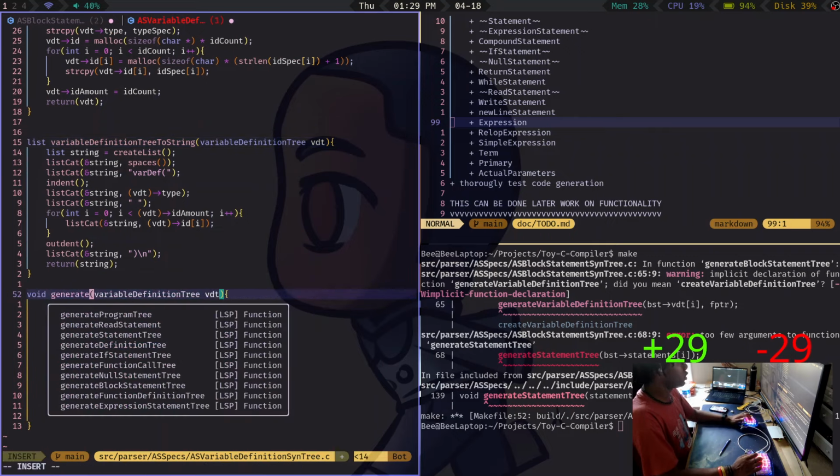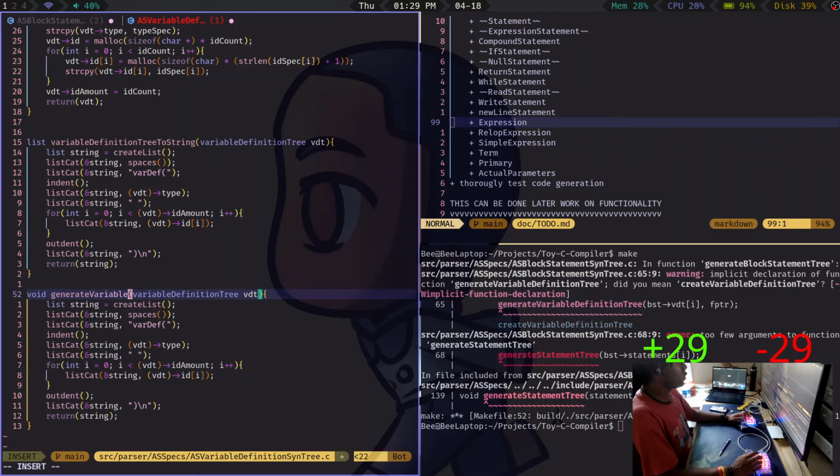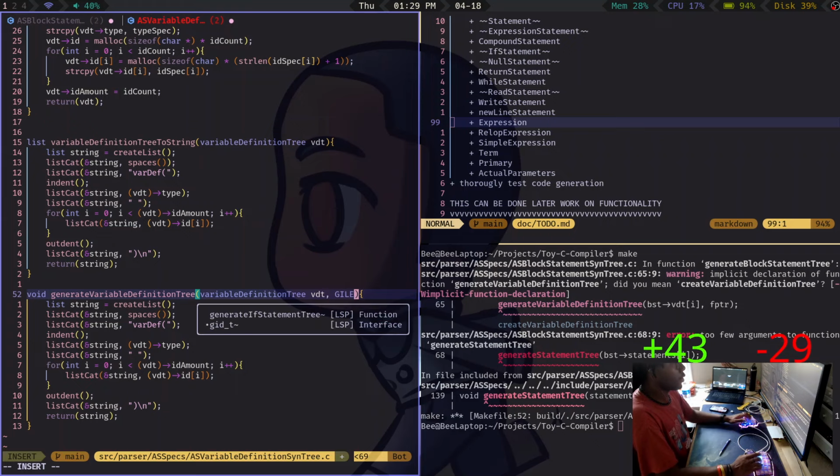Void generate variable definition tree. Then we do file pointer, F pointer.